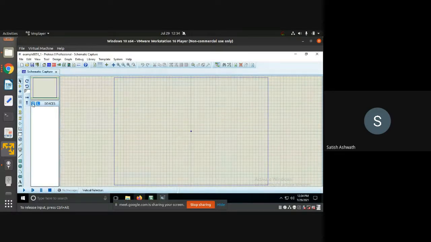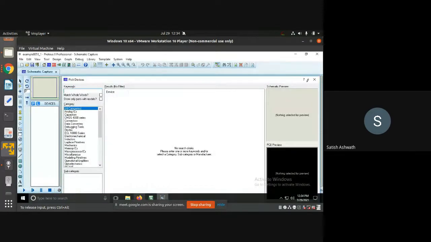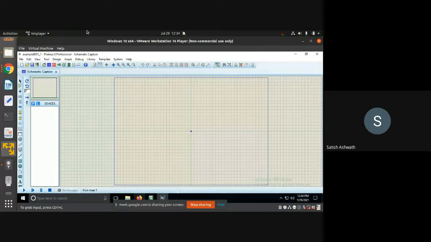Components are available here. There's an option called P here on the left hand side. If you can see, there's something called P, place components. Or you can click on this. Either of them will launch the component window, where you choose which components to place.